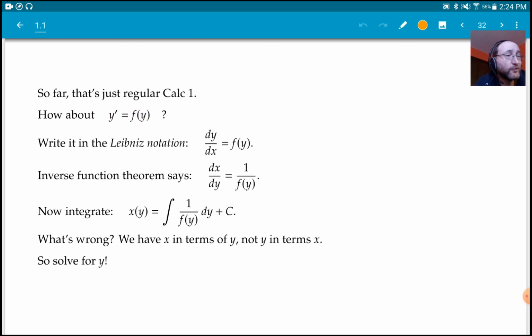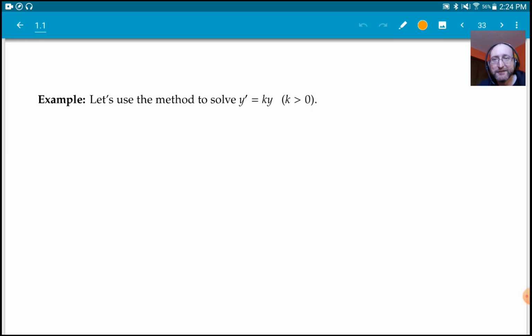Okay, well, let's solve for y. That's easier said than done, actually. If this antiderivative is not some nice expression, it's going to be hard. But that's life. So all right, let's use this technique to solve an example,